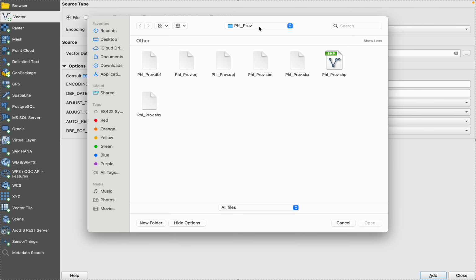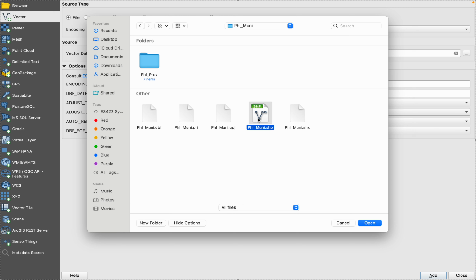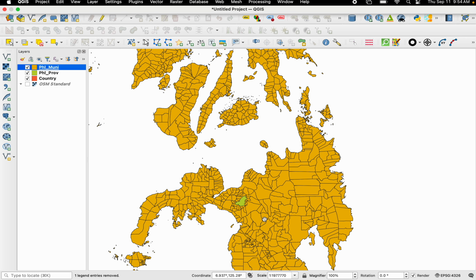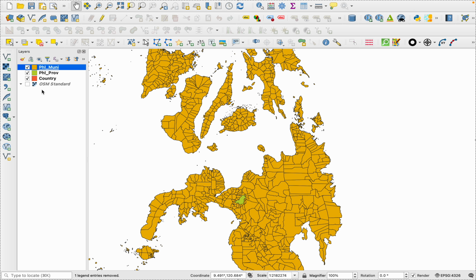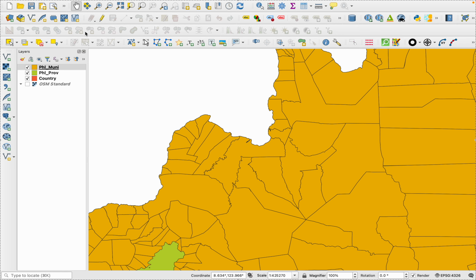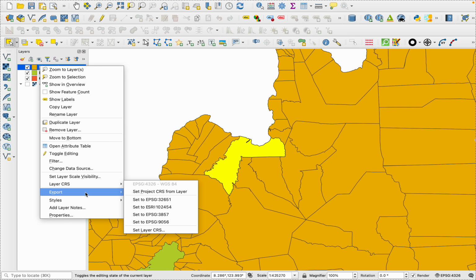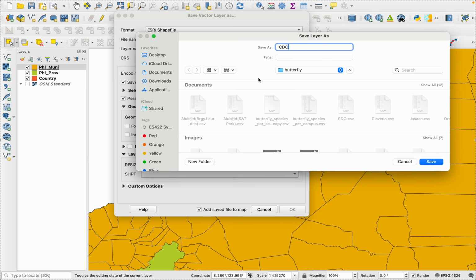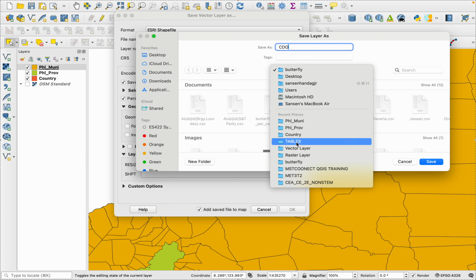and then the municipal layer. Alright, so we've loaded all three layers. I'm going to extract only Cagayan de Oro in the municipal layer. To do that, select feature and click Cagayan de Oro, and then export it. Save selected as CDO. I'm going to save that one in my